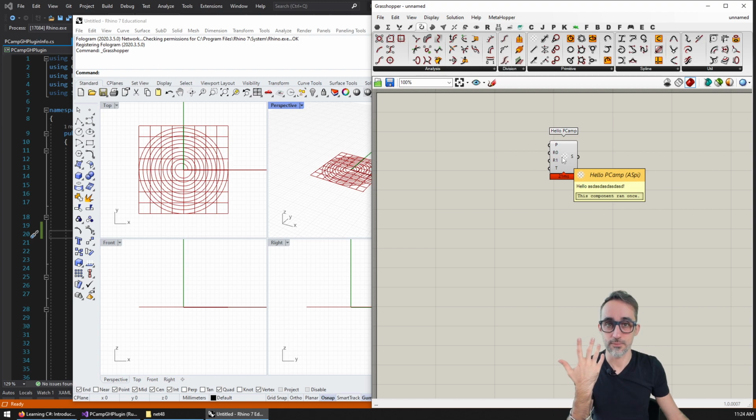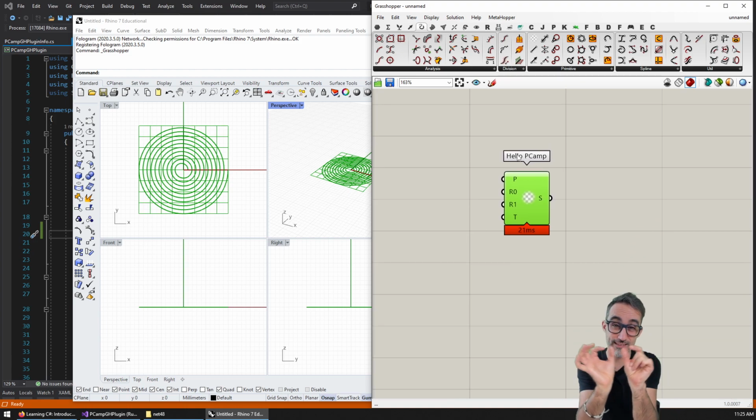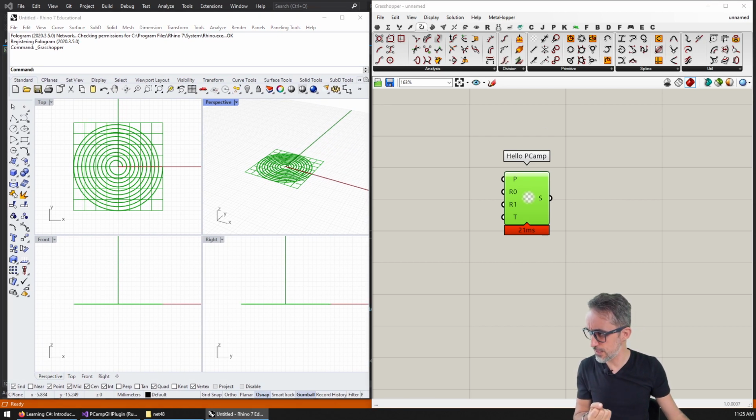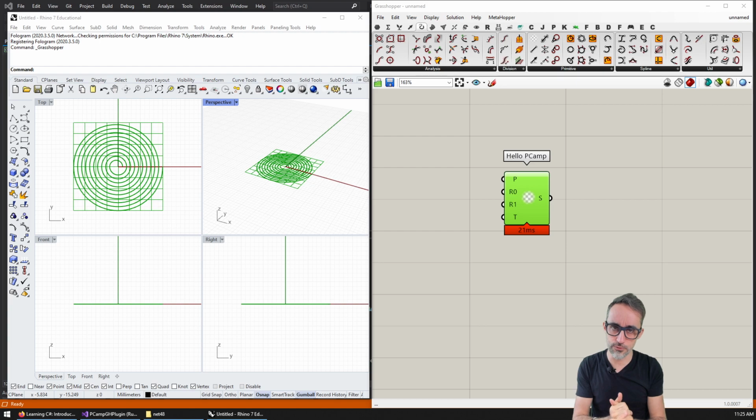But this integrated development will also have advantages very soon, as we start getting into how to create breakpoints, how to stop the execution of Rhino, and how to look at the evolution of the program, which we will do in further videos down the road. So I believe this is everything I wanted to say for this video. Now that we know how to start an empty Grasshopper plugin project, and how to link it to Rhino so that we have a fluid development environment, I think we are ready to actually start writing